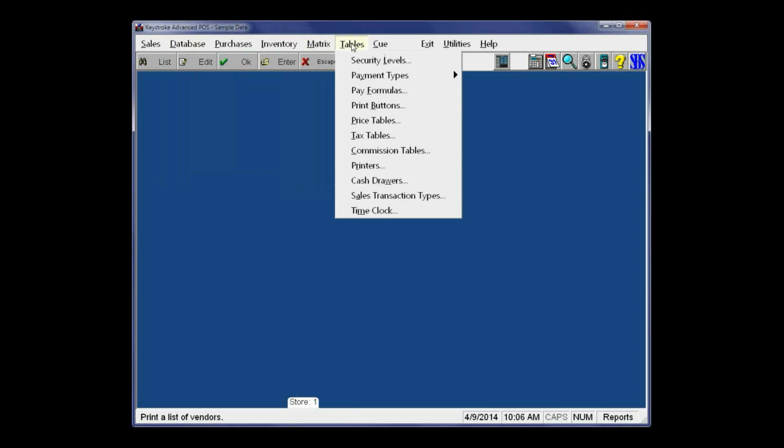And then tables I always like pointing out, because if you call in tech support and you're having trouble with a price table or a tax table, we'll often say, hey, run this report to a file and email it, or print it out and fax it to me, because that can tell us a lot about how your tables are set up. The other thing with these tables reports is that once you get Keystroke all set up, you can run a report for